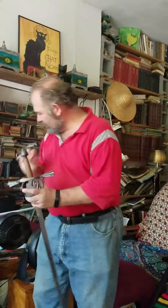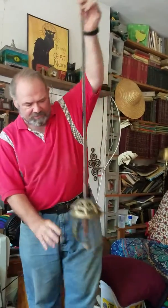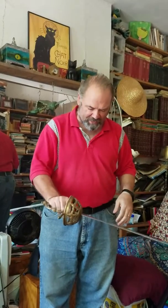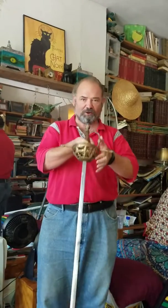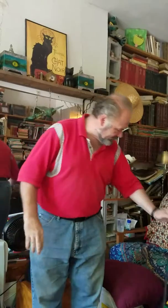And then I also have a rapier that I use for SCA combat, and that's this one. It's a French style, about 1570s, 1580s, and it's got the nice hilt with all the fleur-de-lis on it. It's a rapier, and then I've got